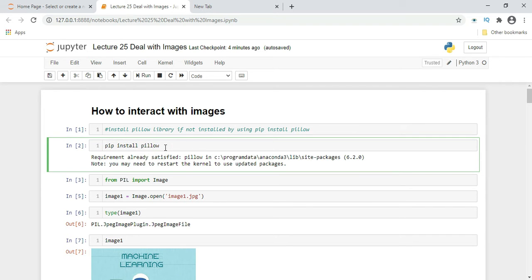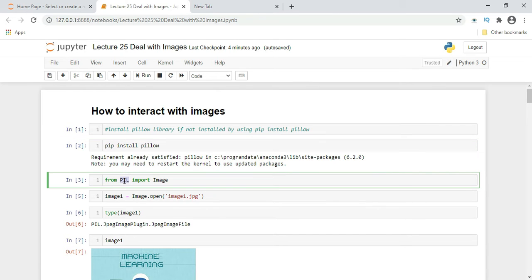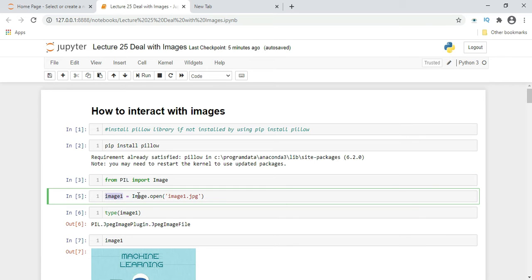code or command. Now from PIL, it is case sensitive, it's the Pillow library name, import Image. Image is a class. So here we imported Image. Now we have a variable named image1 equal to Image, which is from our Pillow library, dot open function.